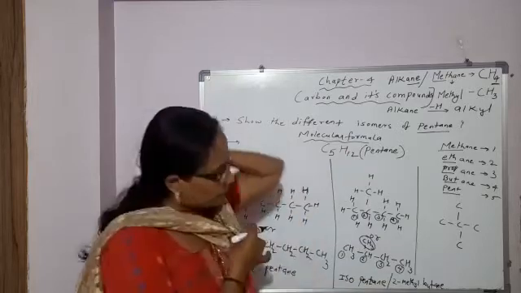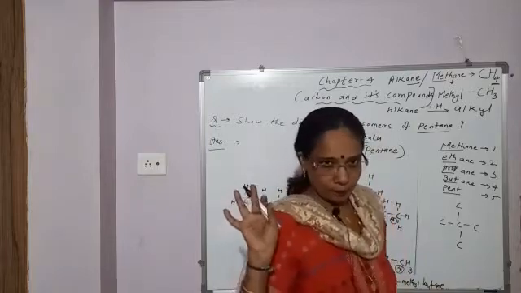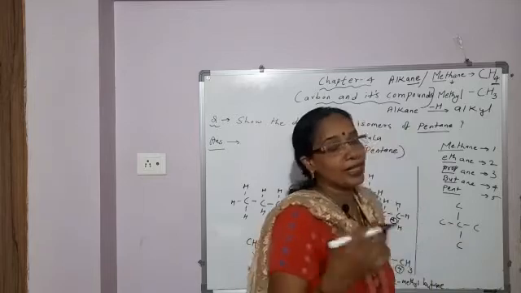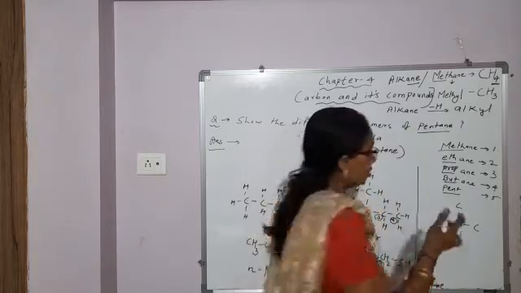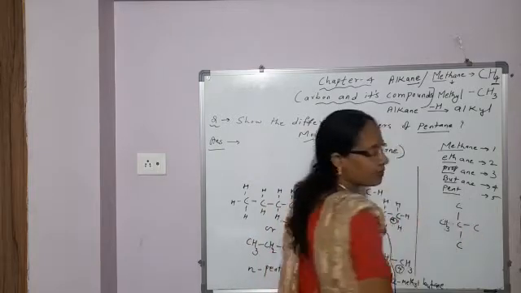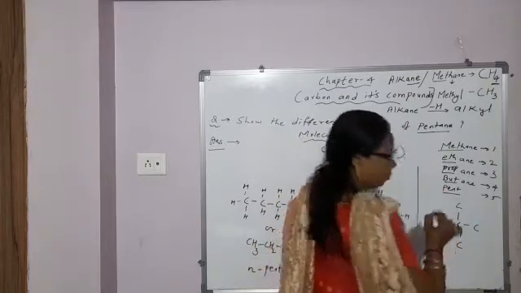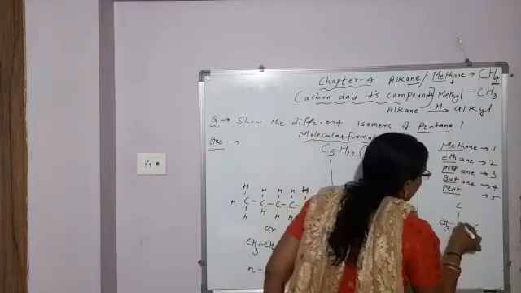One more is there. Again, satisfy the valency of carbon by hydrogen. So this carbon is attached to 1. How many hydrogens will you add? 3, because the valency of carbon is 4. So 1, 2, 3, 4. Directly write CH3. Again this carbon, 1, 2, then 3, 4. 2 carbons, 2 hydrogen atoms. CH2.